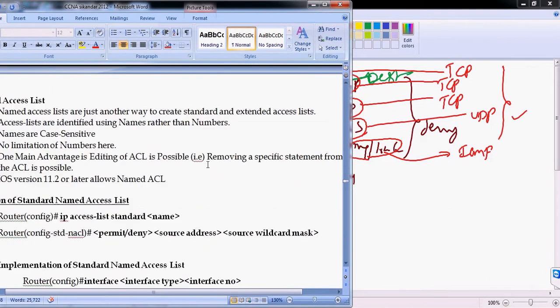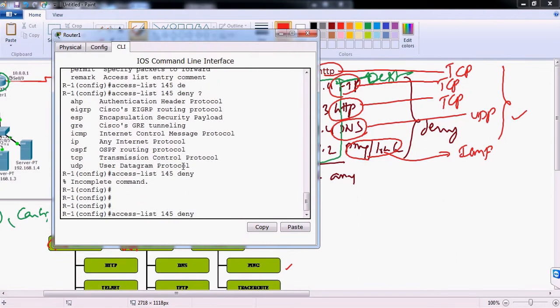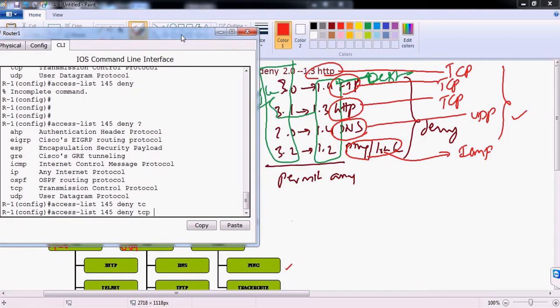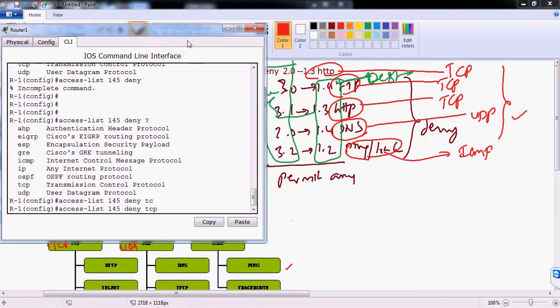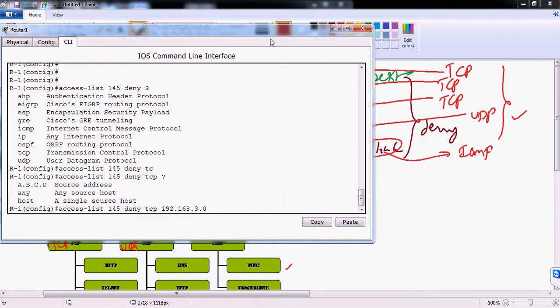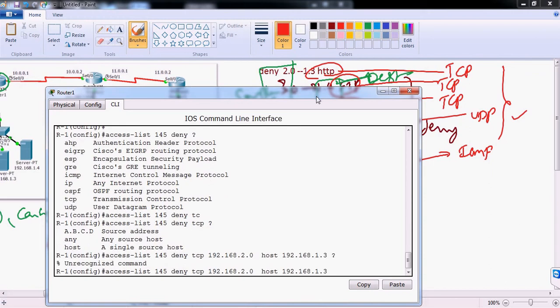So that's what I am doing here, and that's what you need to define on the router 1 console screen. It's asking: access-list 125 deny, then the protocol category. In the first statement, I'm denying the 2 network to 1.1 HTTP service, so TCP. Then you define the source address. Next it will ask you for the source address. The source address is the 192.168.3 network, which is what we defined. Any traffic coming from the 192.168.3 network, the first rule, the 192.168.2 network, going to destination 192.168.1.3, and then